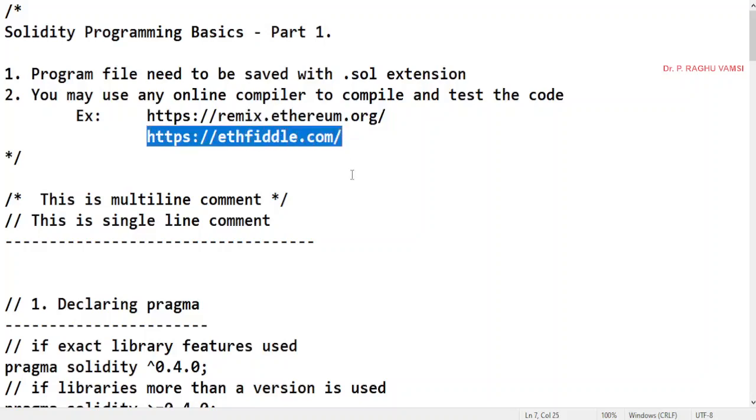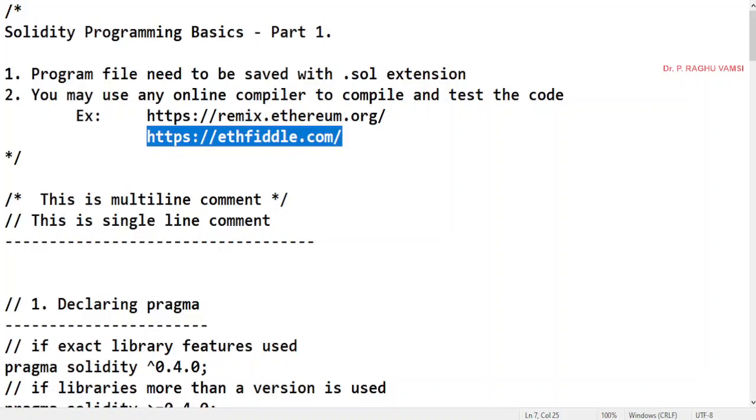This is a website where you will find an IDE for writing Solidity code, in the same way as in Remix IDE. There also you can write, compile and see the compiled output. So you can use either one of these.